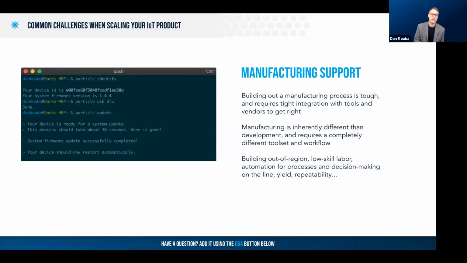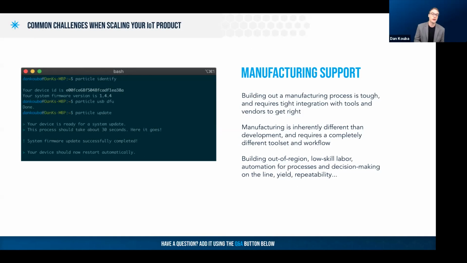It's possible that you have manufacturing that's out of region, and you are manufacturing where you cannot connect to the internet. It's also possible that you have some low-skill workers who are assembling your product for you, and they're not familiar with your product in a way that would enable them to diagnose what's actually happening if something goes wrong. So making sure that your vendors are going to support you in this process is another thing, along with development environments. This is along the same lines, making sure that you have the support that you need in order to successfully manufacture your devices. You want to make sure that you're creating an automated process, keeping humans out of the loop as much as possible, and making sure that your process is deterministic and repeatable as well.